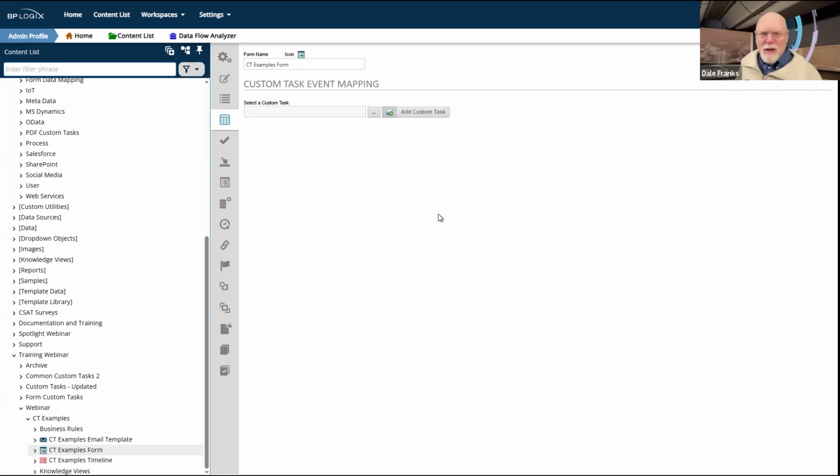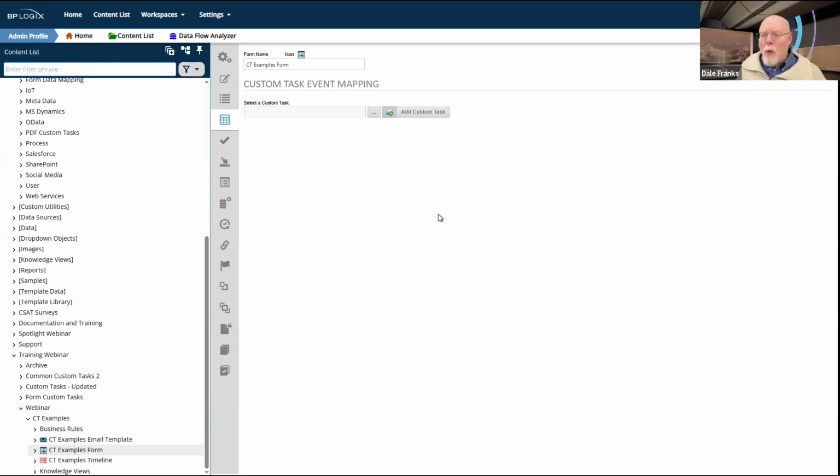So I can just create a PDF conversion, perhaps because I've uploaded a document attachment. Say I upload a Word document attachment and I just want to automatically convert that to a PDF. I don't want it to get in the way of what my user is doing.